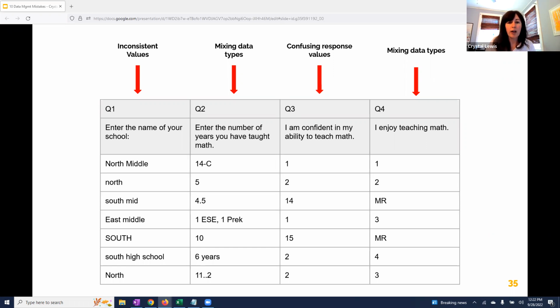In the second column, I was looking for a numeric value, number of years, but I didn't restrict my entries to just numbers. And so now I have this mix of numeric and text values that people entered. And so I will need to take time to recode these values into numbers. And recoding these won't be a quick and easy process. As you can see here, there are some pretty complicated responses, and I'll really need to think about the best way to recode these.